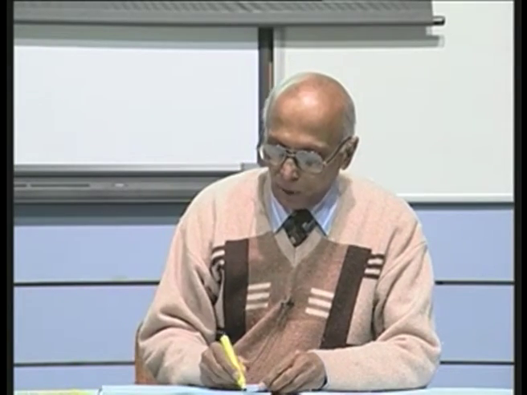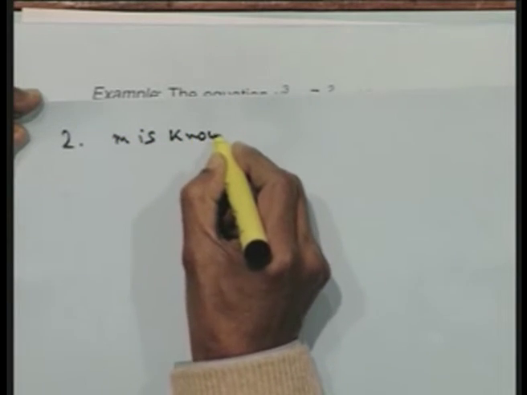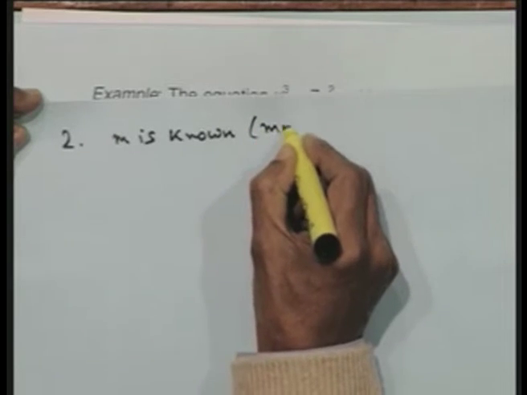As I said earlier, if the evaluation of f prime k is not very costly, yes, we can definitely go about using this particular way of using the secant and the Newton-Raphson methods. However, if the multiplicity is known, let me assume that the multiplicity m is known, m is your multiplicity.